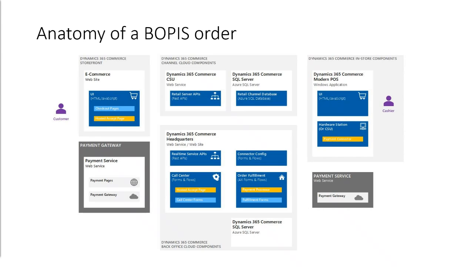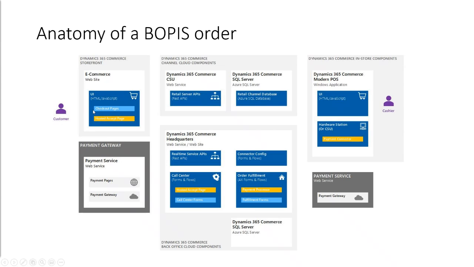So next, we'll talk at a high level about some of the components that we leverage to create these buy online, pick up in store scenarios. Starting out, since we're talking about buy online, the first thing is the storefront that's used to render the online shopping experience. When a customer navigates to the checkout, as part of rendering the checkout, the commerce scale unit returns the URLs for the configured payment processors.